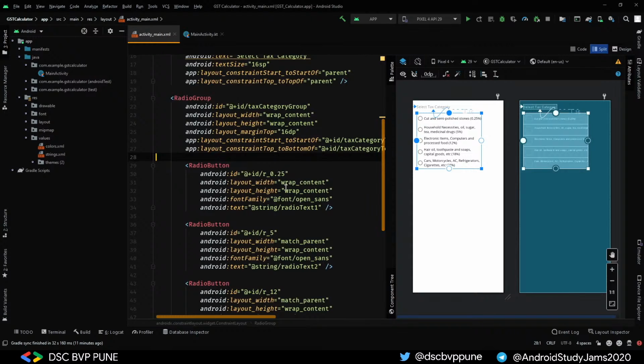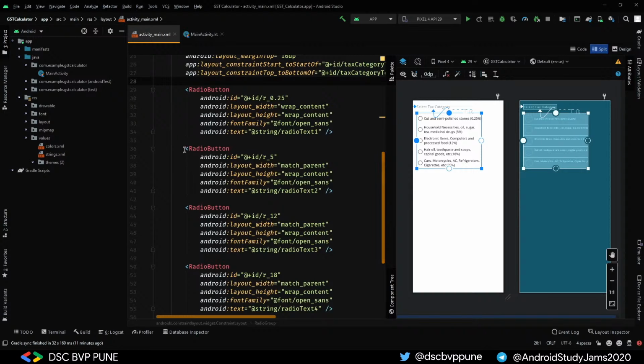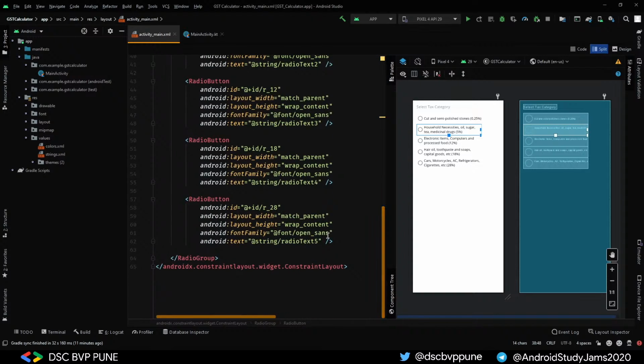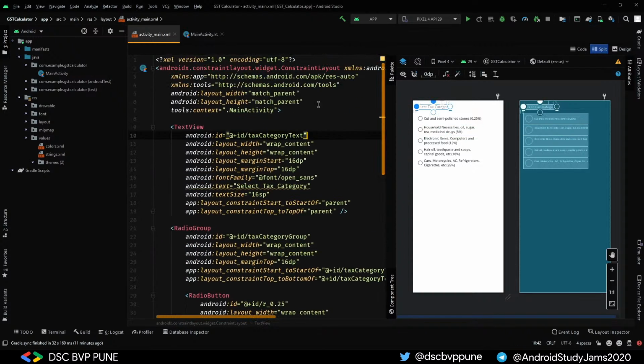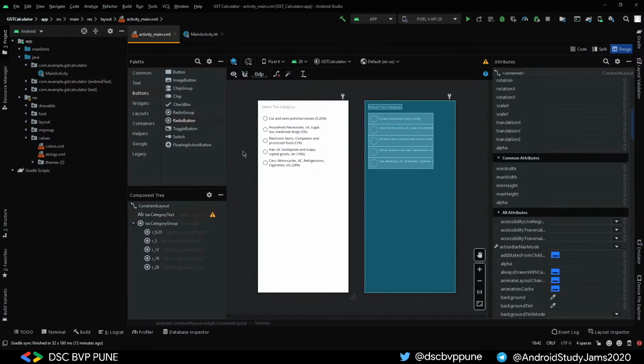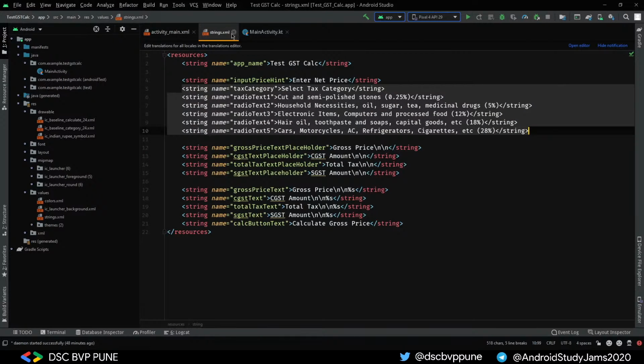And make sure you have the layout width of the first radio button to wrap content, layout height to wrap content, and then the next button and the other buttons from there on should be of width match parent, height of wrap content, width of match parent, height of wrap content, and so on. See? Okay, so as we have completed the radio group,